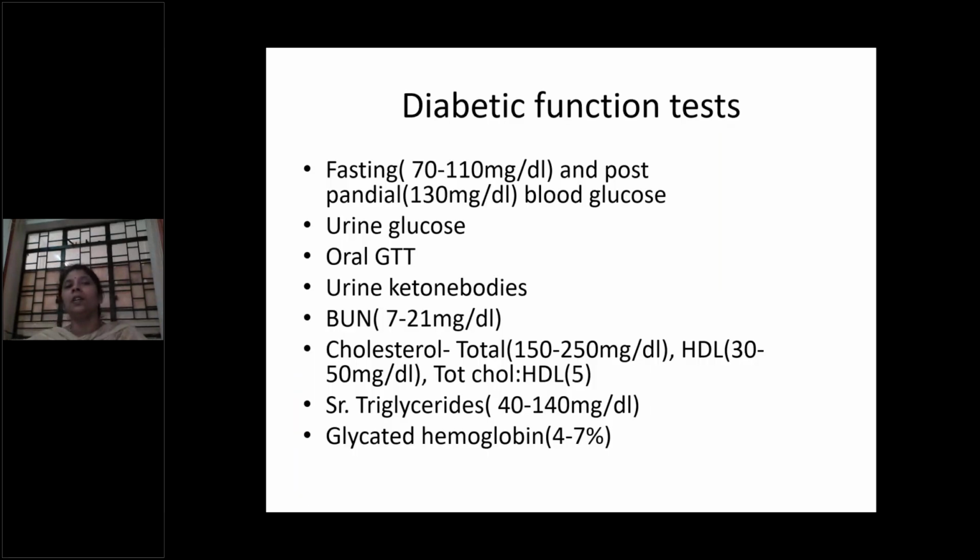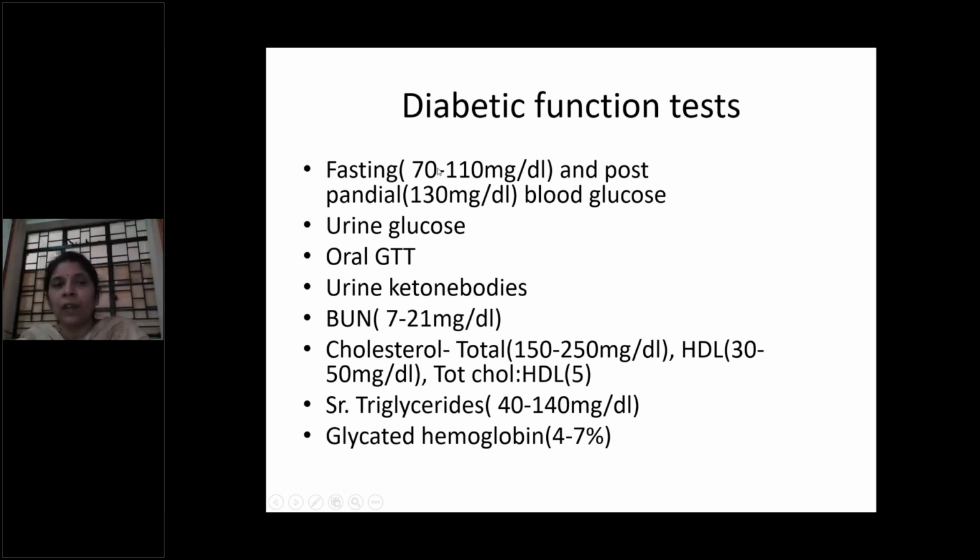Now coming to the different investigations which are done in certain tests, certain diseases. Common diseases, you should be knowing about them. When you are investigating a case for diabetes, the most common tests which are done are fasting blood glucose levels and postprandial blood glucose levels. Fasting, as I said, the patient should be fasting at least for 12 hours. Okay, 8 to 12 hours, that is the minimum period of fasting which is required. Only after that you can collect this, so that you can get the fasting values.